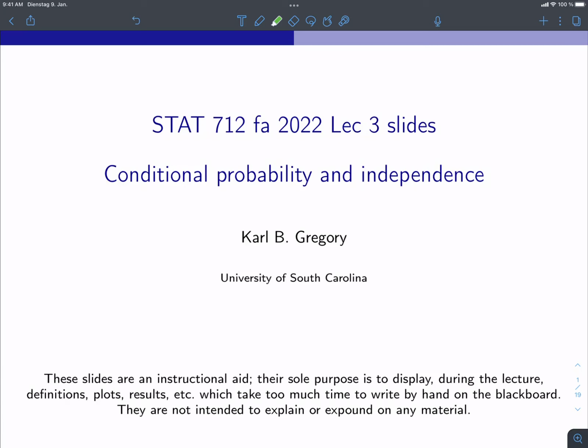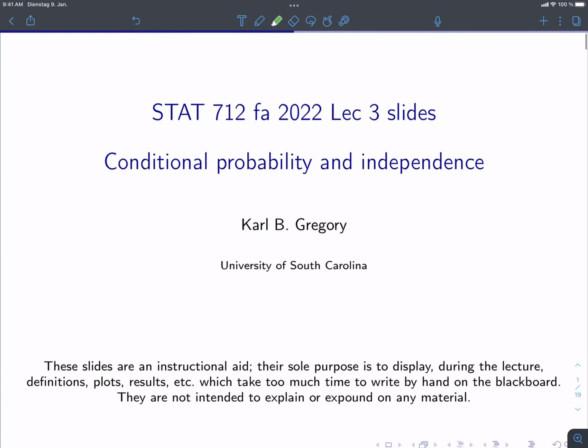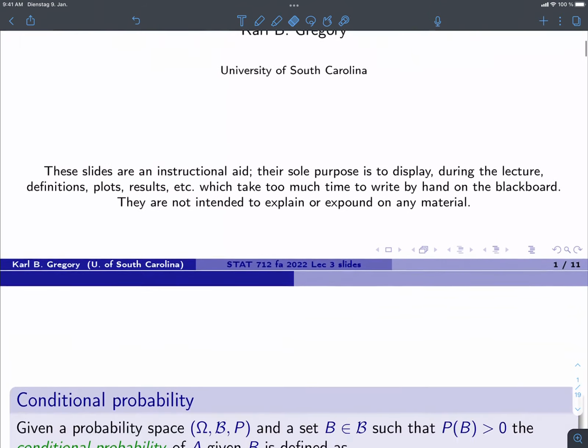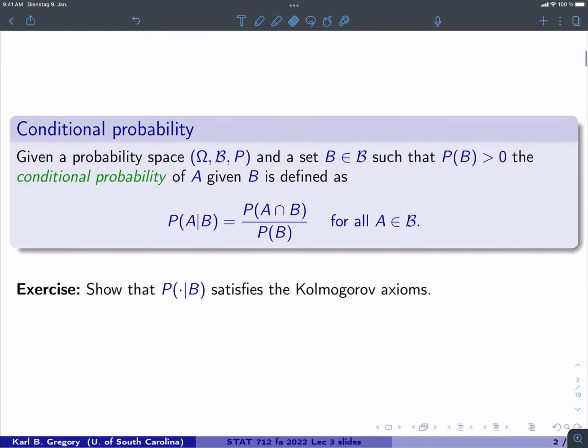All right, let's jump into the lecture 3 slides. We're going to talk about something called conditional probability as well as something we call independence of events, starting with conditional probability. So, the idea behind conditional probability is that if we have two events, A and B,